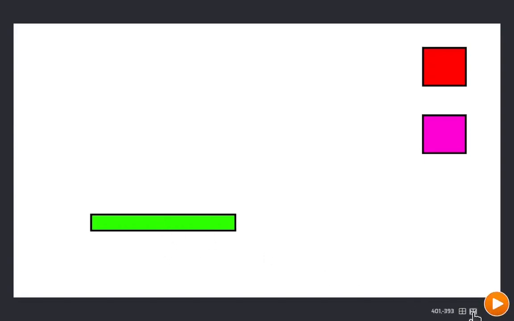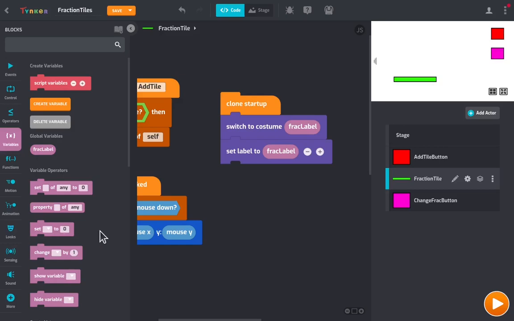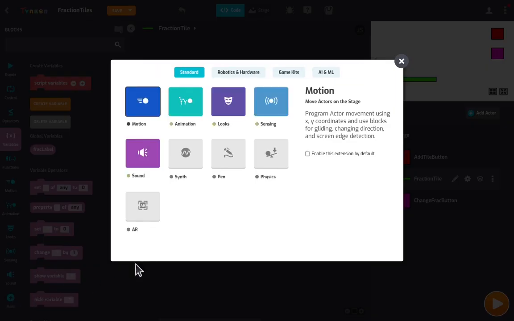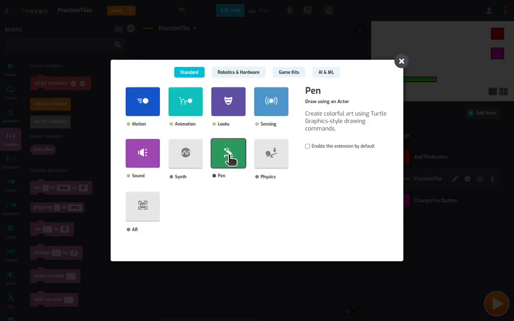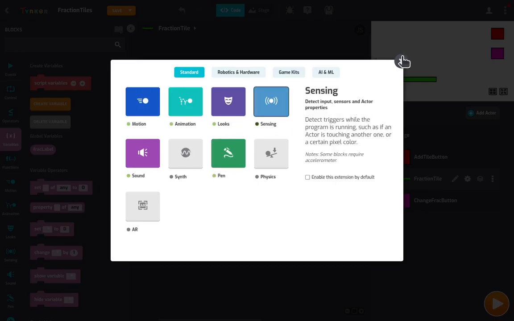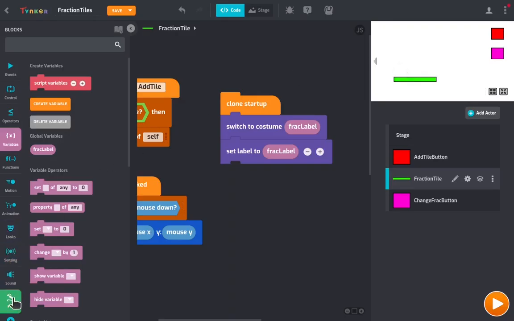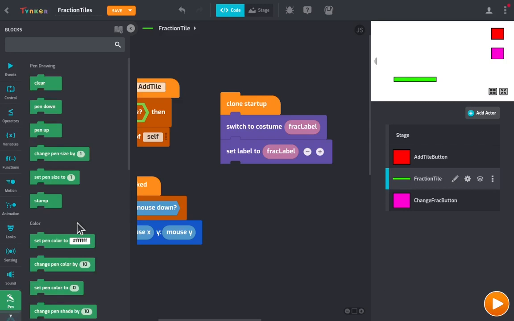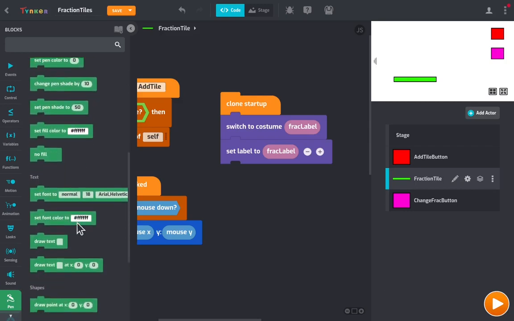So let's go back, and we are going to need to edit the font of that label. And one way we could do that, on the bottom of our menus, if we select this plus with more and we enable the pen, so click on pen so that lights up, we can close that. And now if we go to our pen menu, we should see, if we scroll down under text, there's one